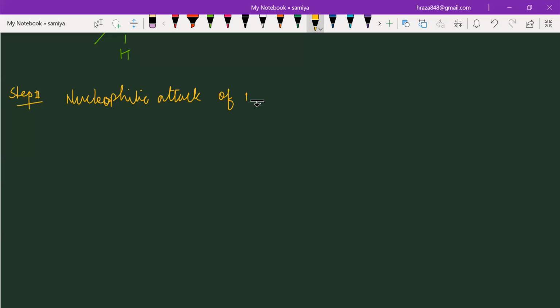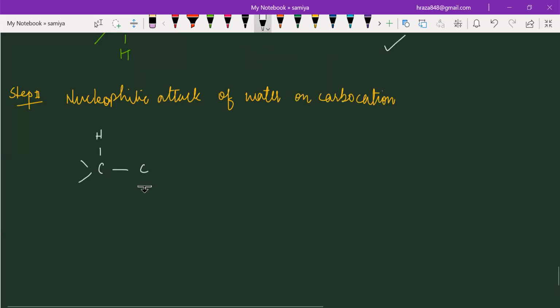You can see this was the product. Since it is present in water, this is the electrophile because it has lesser electrons. This is the nucleophile because